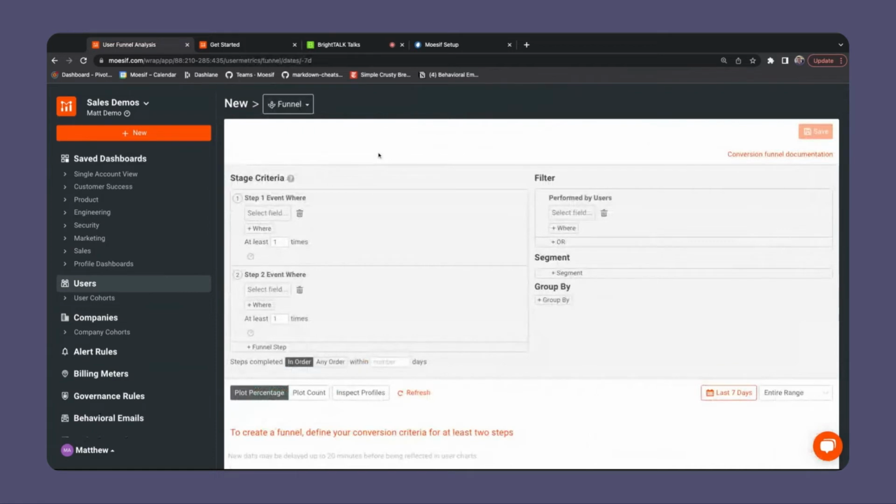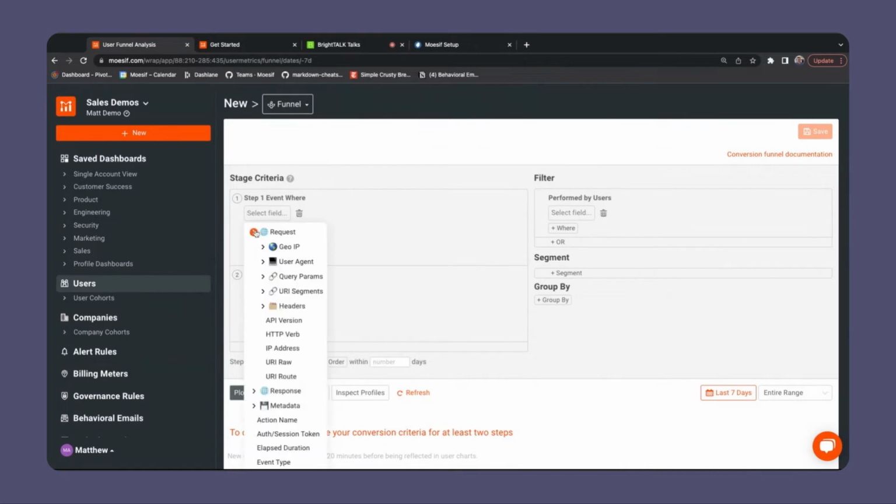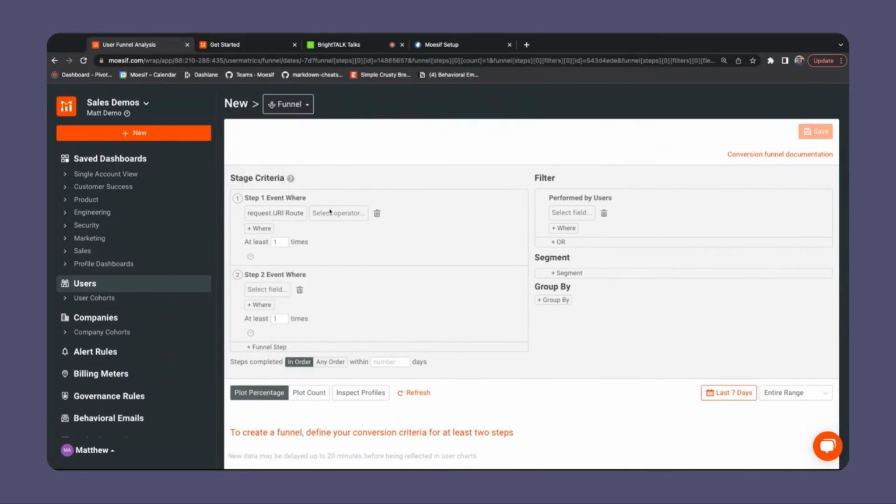And I want to see how many users basically sign up, log in, and then log in after that. So I can see, like, do people just come to my site or use my API once and then never come back? So what I'm going to do is I'll click request URI route is,